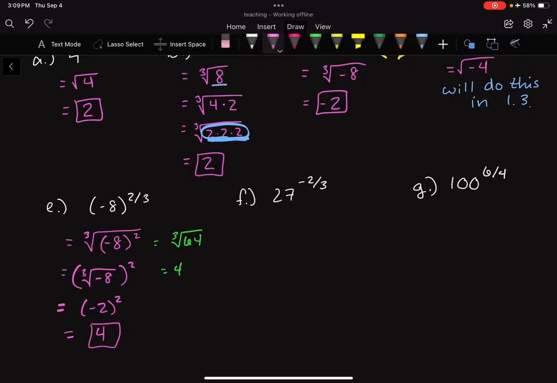All right, next up, we got 27 to the -2/3. We have to be careful here. That negative in the exponent means that we're going to flip into the denominator, is what's really happening. So let me write this a different way for you. I could have written it like this for part E too, I just didn't. What this is really saying is I have 27 to the -1/3